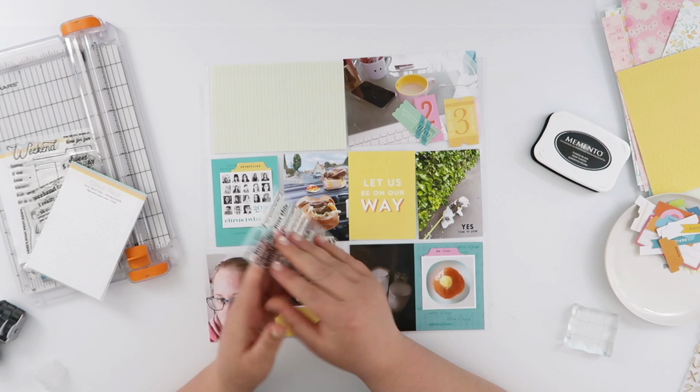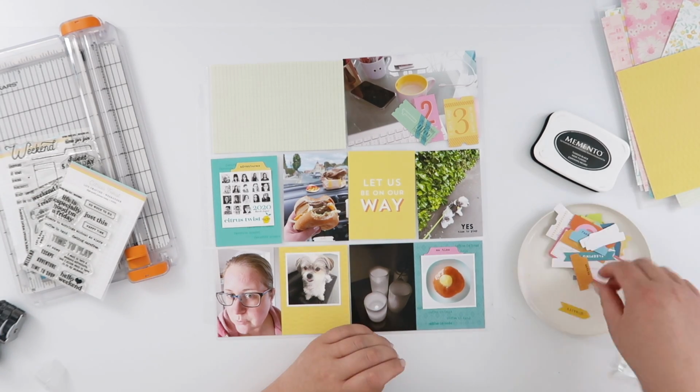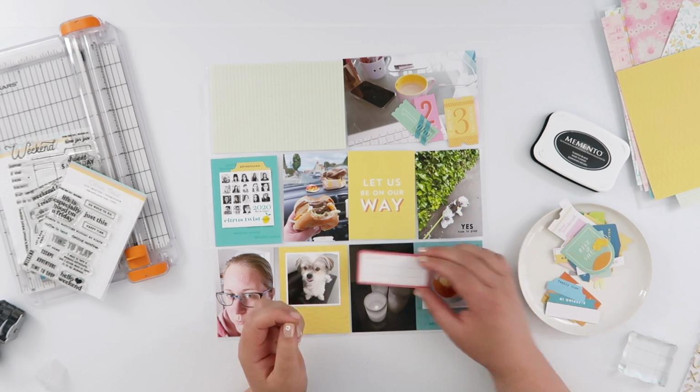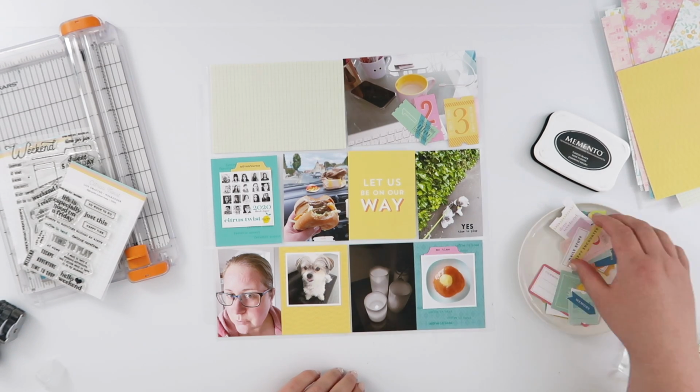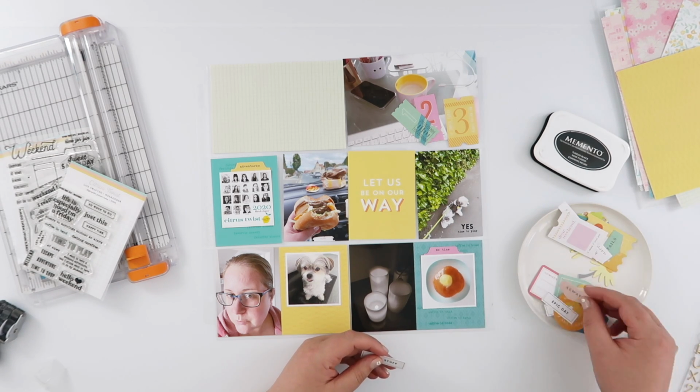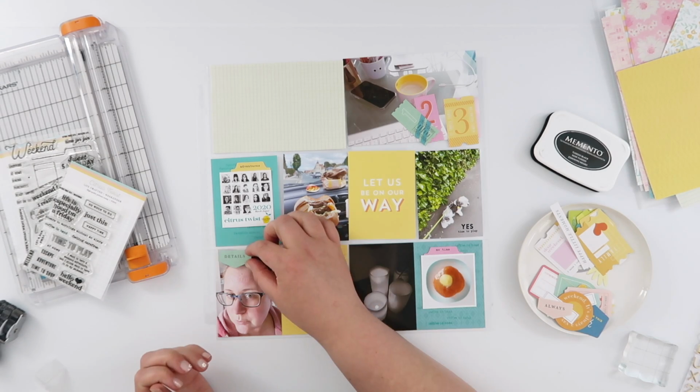The first card that I did, I went from the top left to the bottom right, and on this bottom card I've gone the opposite way. So I've started at the top right and gone down to the bottom left just to give a little bit of movement. Now I'm having another go at these die cuts and going back through them again